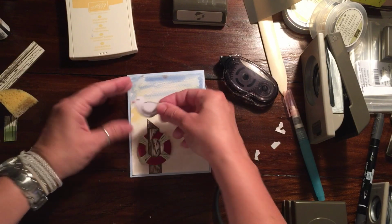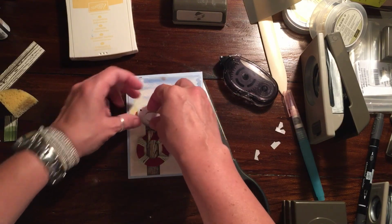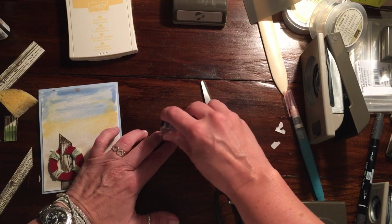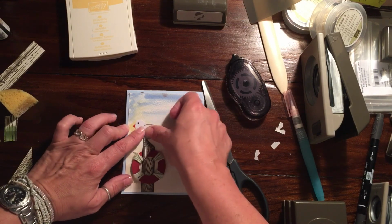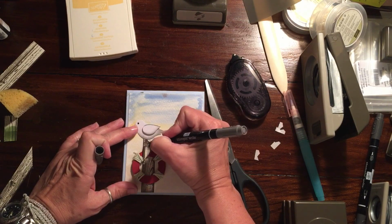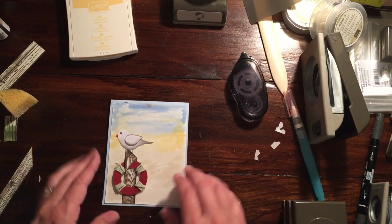And then we're going to put our bird. Now you could do your bird either direction, that way or that way. You could give him little feet if you want it to be like he's standing there, but I'm going to just put him directly on. I'm not going to put a dimensional on him. Just like so. Little feet there. And then what you can do is you can do your